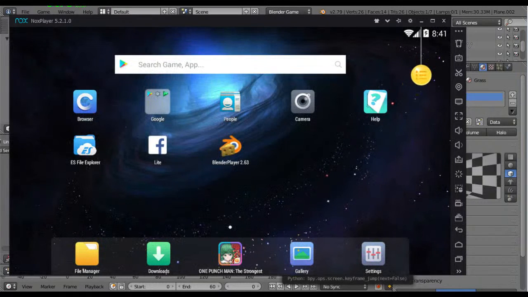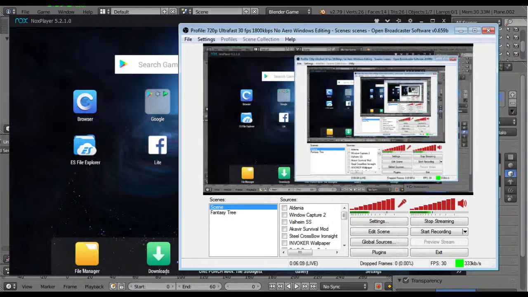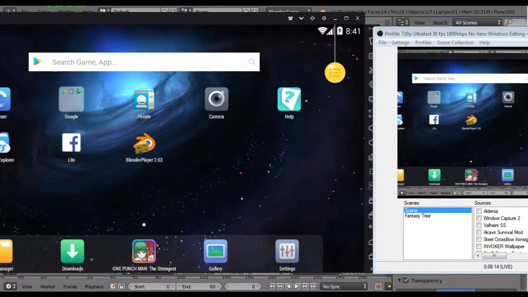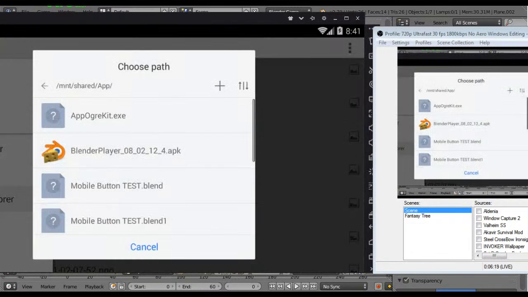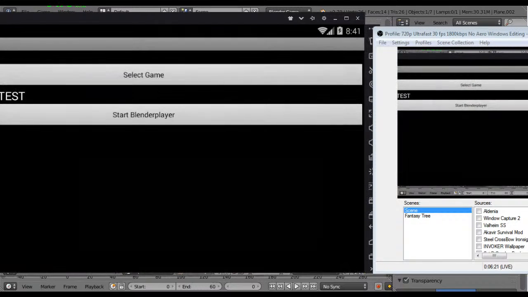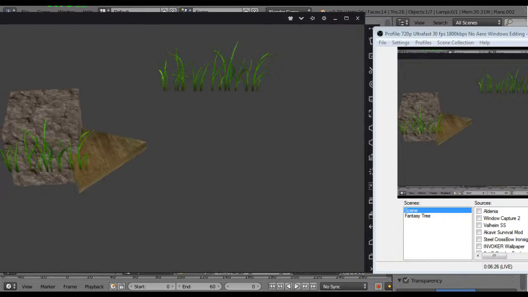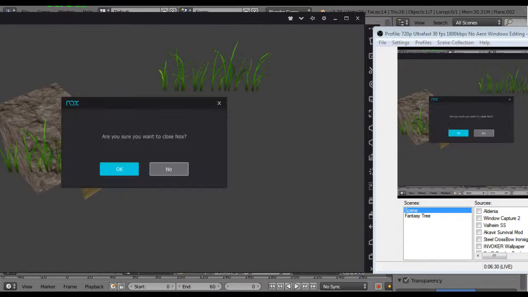on my Android, using the Blender apps player, with player 2.63. Yeah, it's supposed to be using the newest one, but actually the game engine was already stopped by the Blender Foundation itself. So let's see the preview. I want to check the preview here. Okay, I think it's already seen on the live stream. I already tried out with some. So this cube is actually the button, because it has true and false